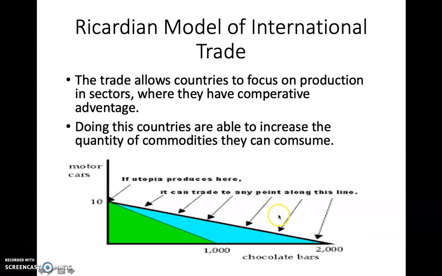By just concentrating, if this country would produce both motor cars and chocolate bars, in that case it would produce 5 motor cars and 5,000 chocolate bars. But if it just produces chocolate bars, it can produce 2,000 chocolate bars. It can give, for example, 500 of it, and buy from the country which is more advantageous in producing motor cars, 100 motor cars. So basically,